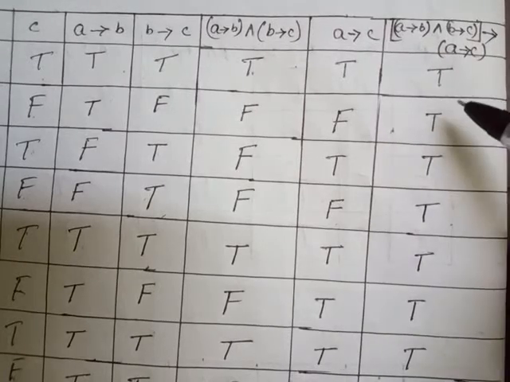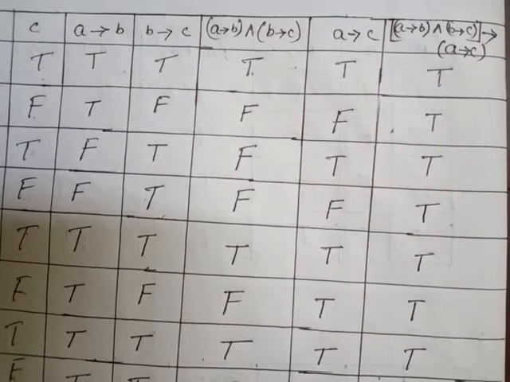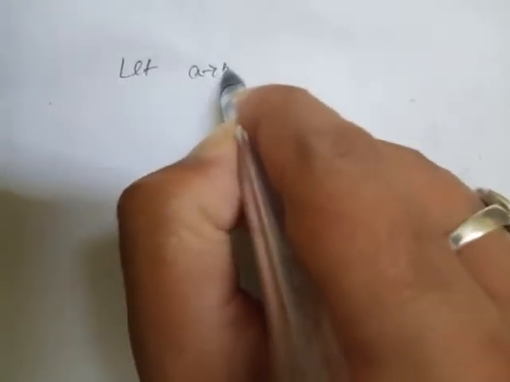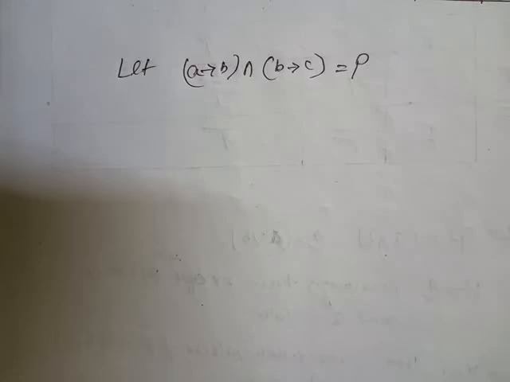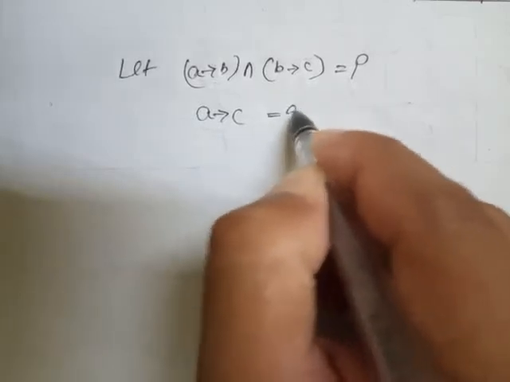Now look student, all the elements are true only, there is nothing false, which means like 3A we did, we also follow the same rule here in 3B. Now we're going to write down the statement only. Whatever I have written in 3A, we'll write the same statement in 3B also. Now student, write down here, let first I will write that A implication B, then conjunction B implication C, equal to P. I have taken this one as P, and A implication C we will take as Q.